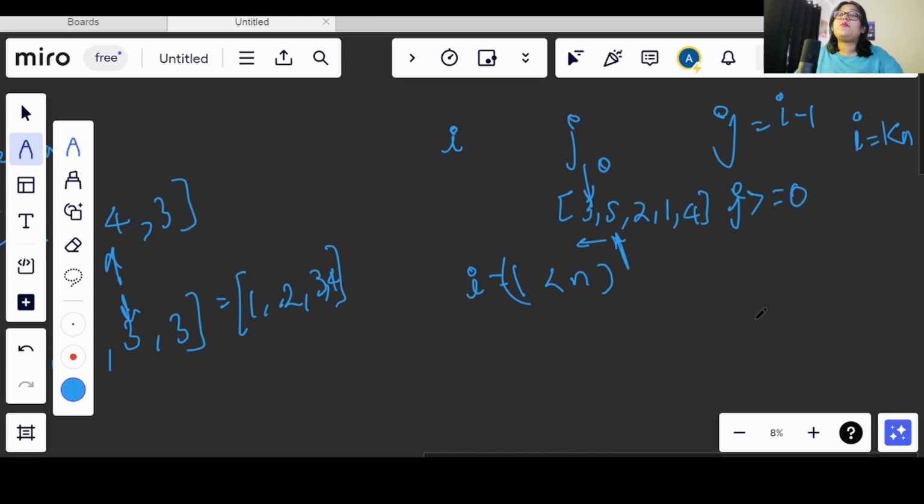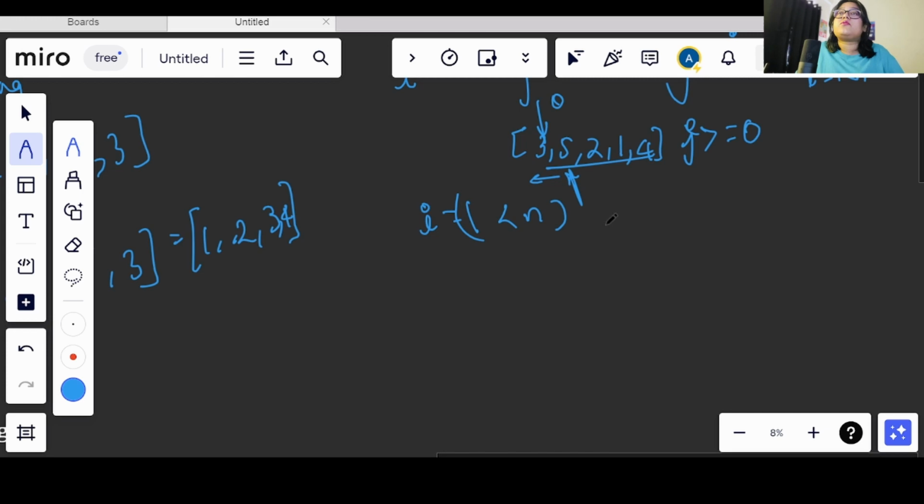Now we need to know how the condition works, right? So first I will show the iteration on this array, and then we will try to get the code out of it.